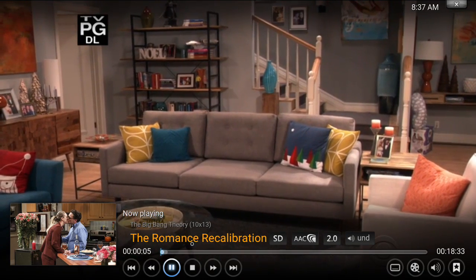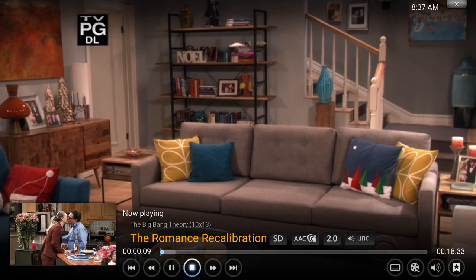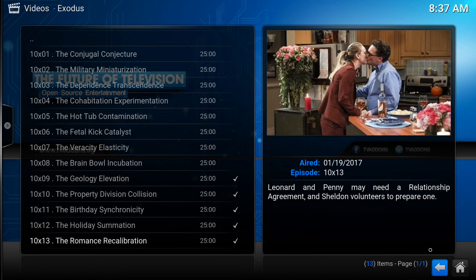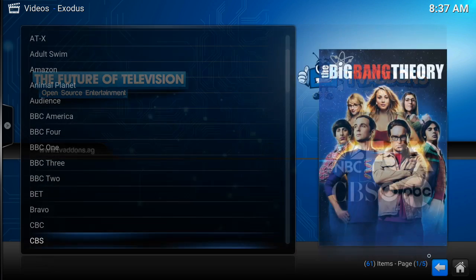It's the same type of player. You can see it grayscaling and moving a lot faster. That has a lot more to do with the fact that it's a 20-minute show and not a 2-hour movie, right? Kind of makes sense, I think. So if I come completely out of here,